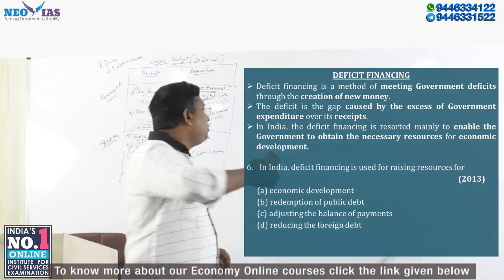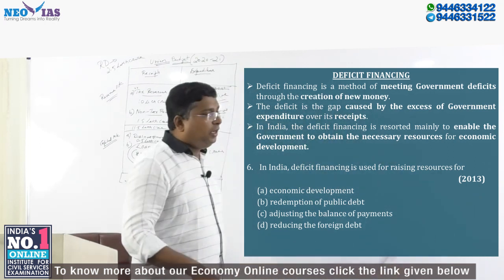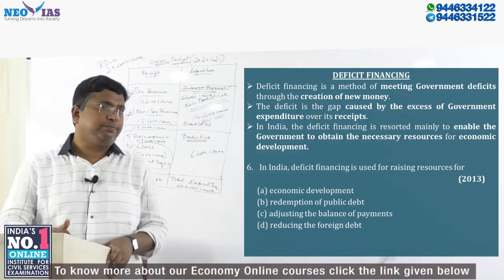Now, comes deficit financing. Another concept, it's important because UPSC asked a question in 2013. It's a simple question. Normally, this is now not a feature. Earlier,